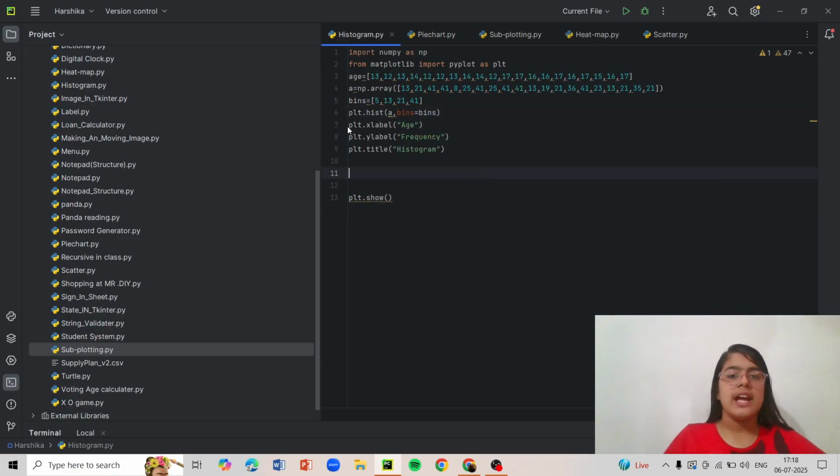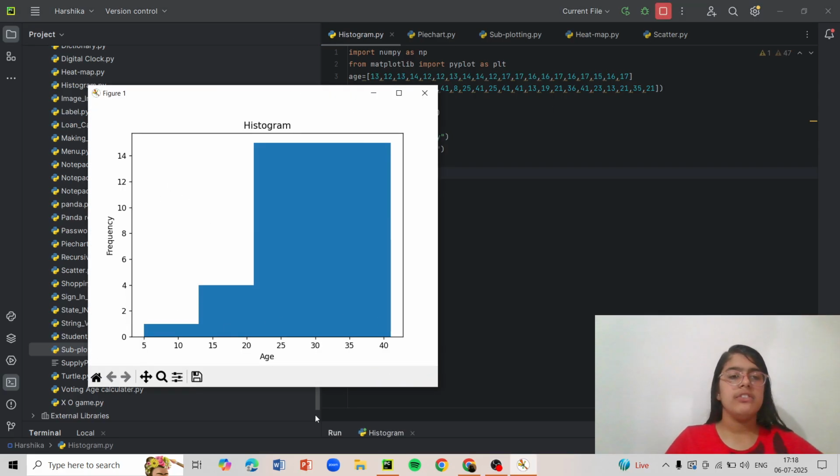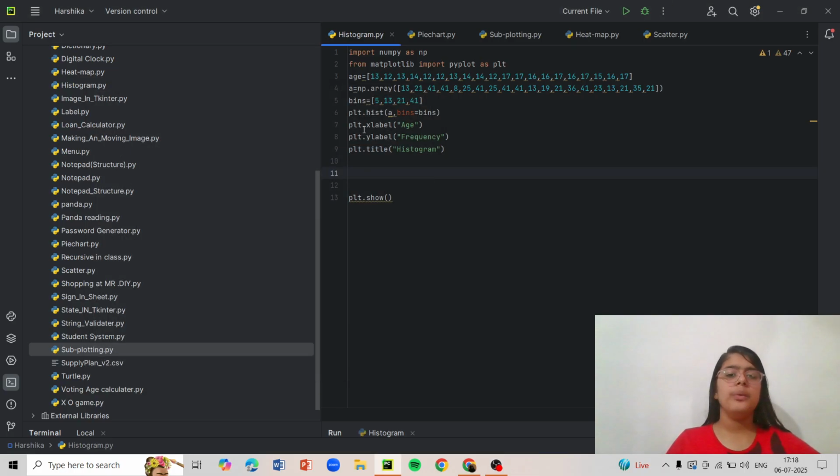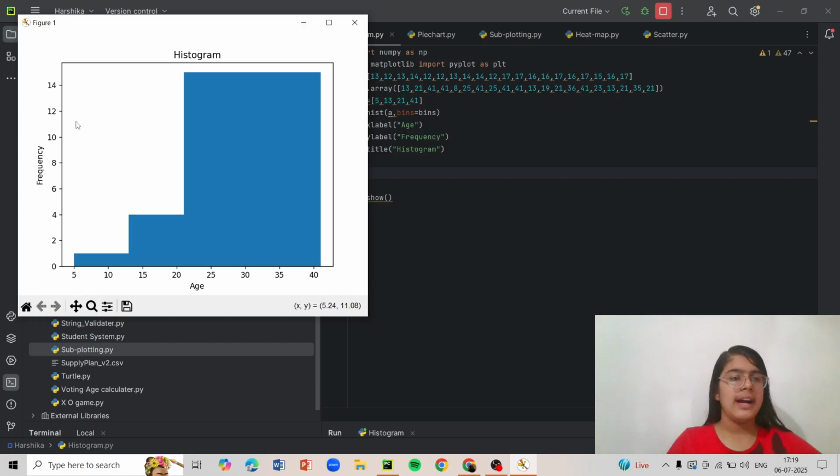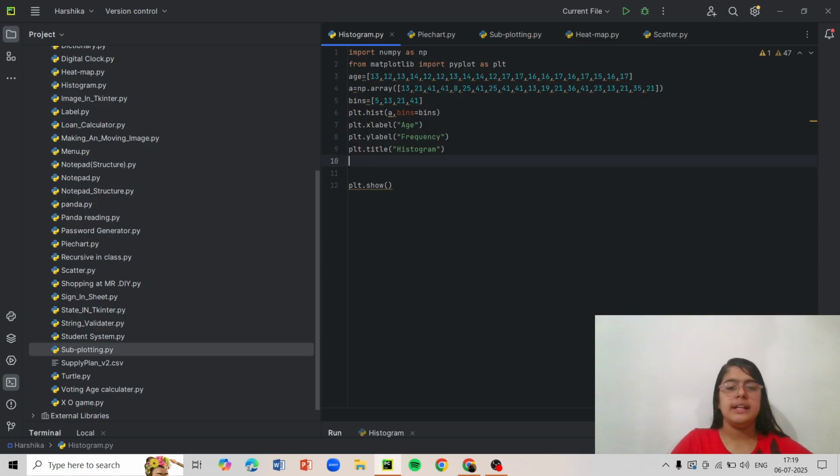So now going to the next, I have put plt.xlabel. plt is nothing but this screen. I'll show you. This screen that we are getting, we are referring to it as plt. Or more than screen, you can say the chart that we are getting. So this histogram chart is being used as plt. And now plt.xlabel. I've given xlabel as age, as you can see here. The xlabel is age, ylabel is frequency, and the title is histogram. Next I have done plt.show. If you don't write plt.show, it will not show an error, but it will also not show your chart.